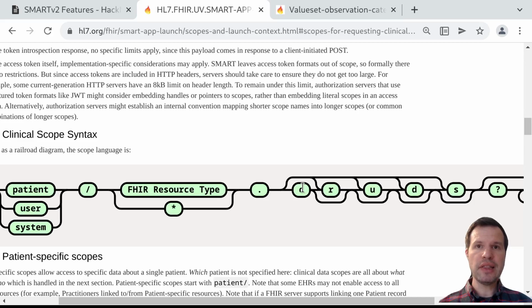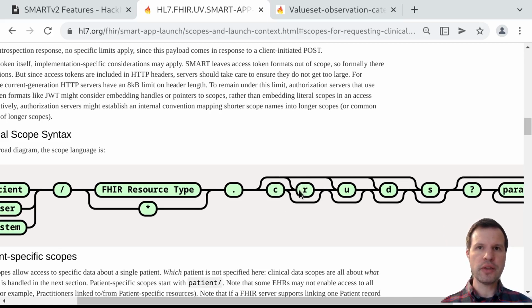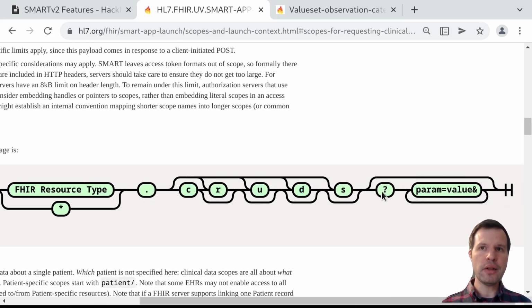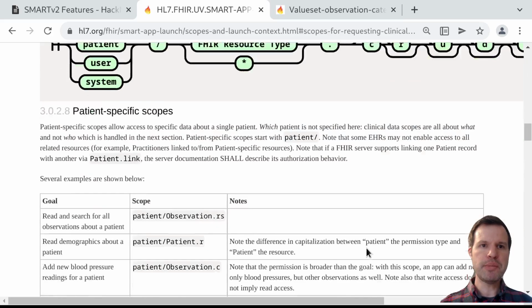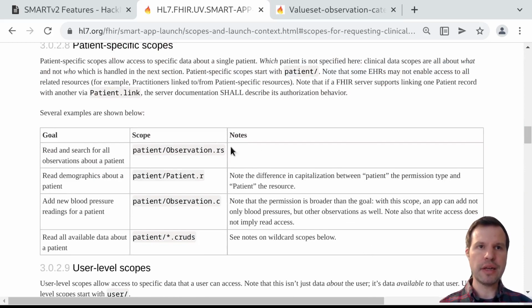And then we provide a list of FHIR interactions using this CRUDS syntax, CRUDS, for create, read, update, delete, and search. And then in addition to identifying those FHIR resources and the interactions that you want, you can optionally append a list of search parameters to limit access to only certain resources for which these search parameters match or apply. So let's look at a specific example here to make this concrete. Let's say I'm asking for a scope like